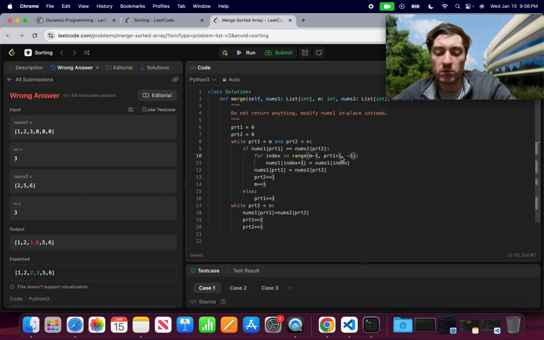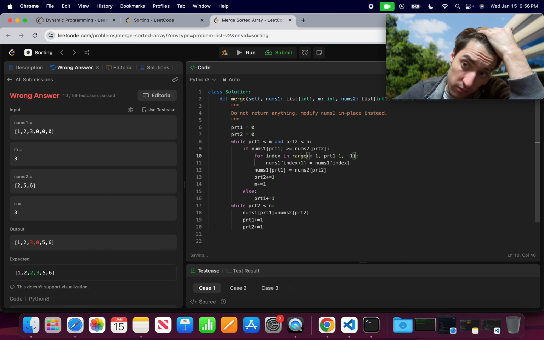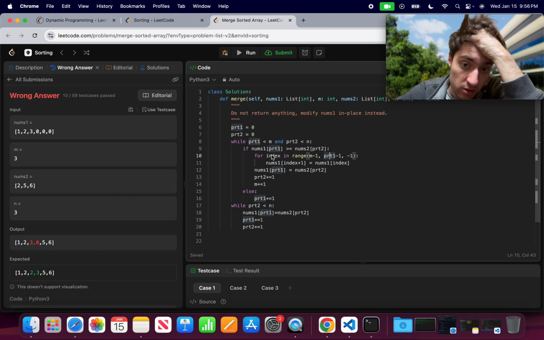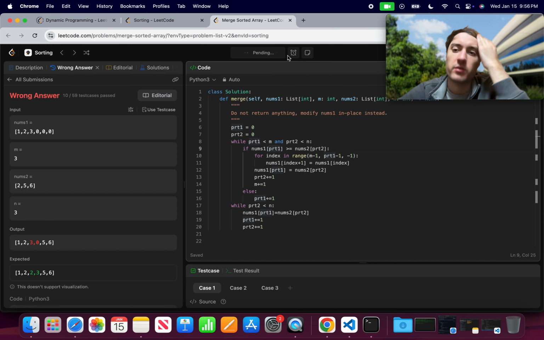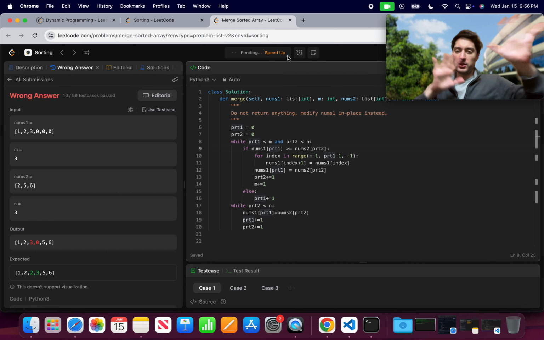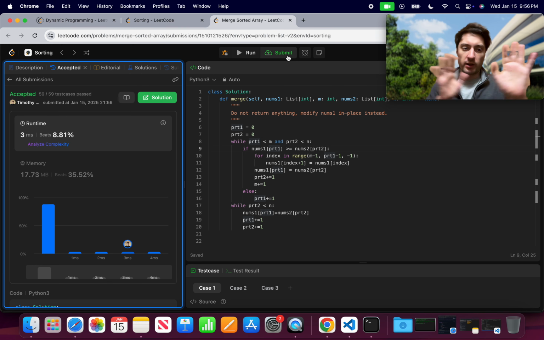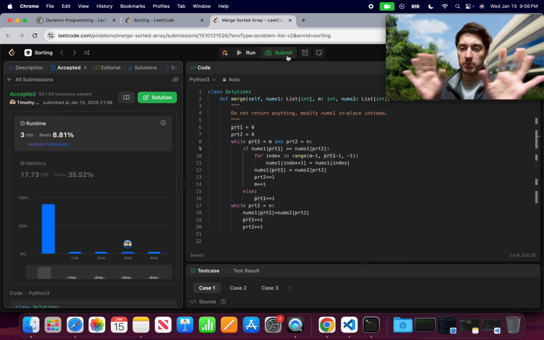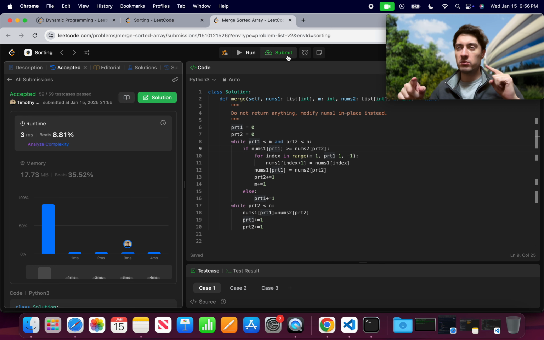Or is this -1, right? Because I do want to move over this pointer value, but I'm doing the opposite. So I was doing +1, and then I should have done -1 because the stop is non-inclusive, and so